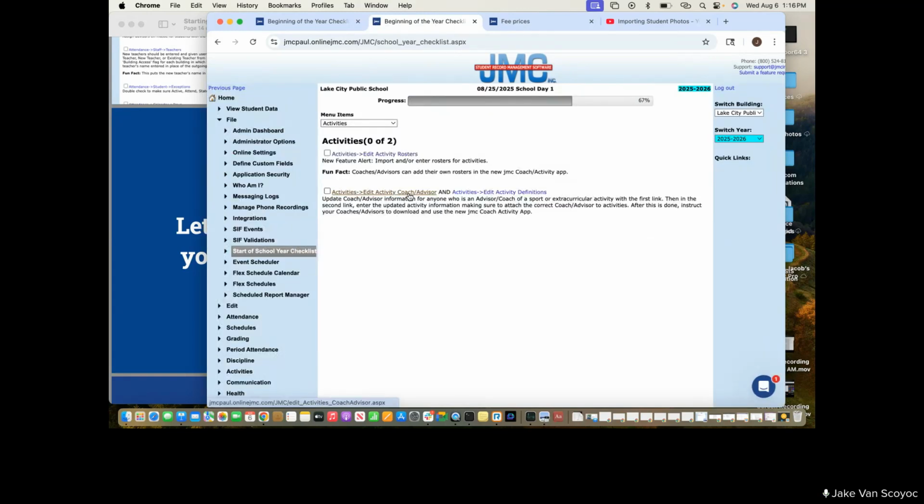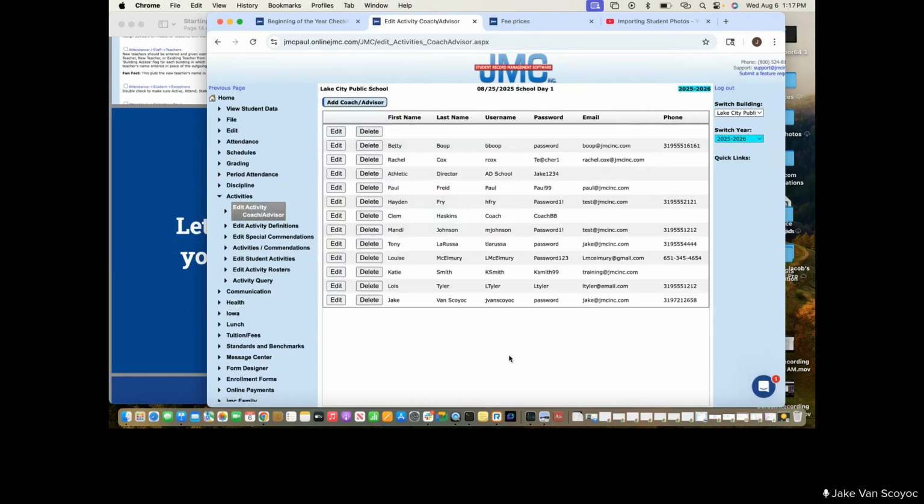And speaking of that Coach Advisor app, update any coach or advisor information, or anybody who's been added as a coach or advisor to any sport. You can follow this link. So it's edit activity coach or advisor. This is where you would add those folks. So anybody that might be added, or like, this is perfect for